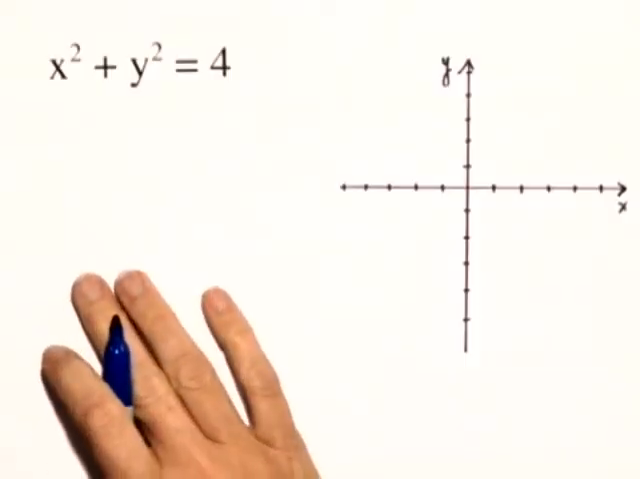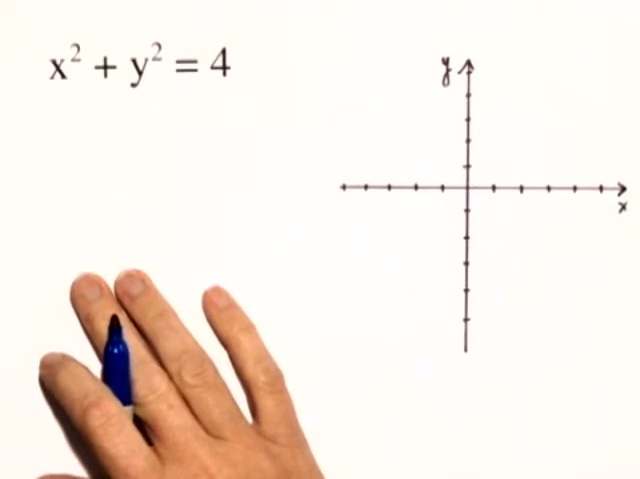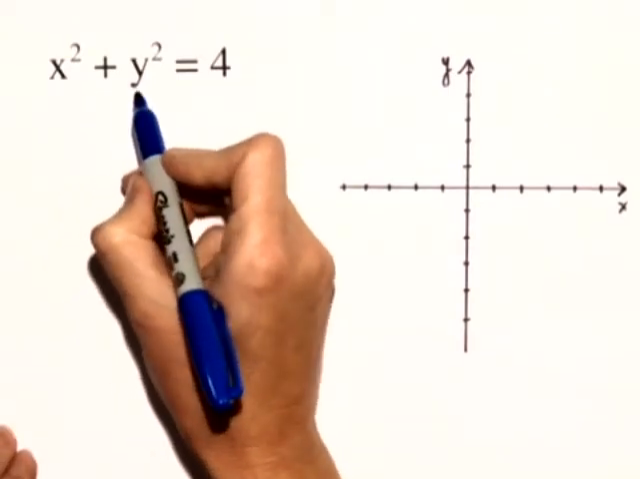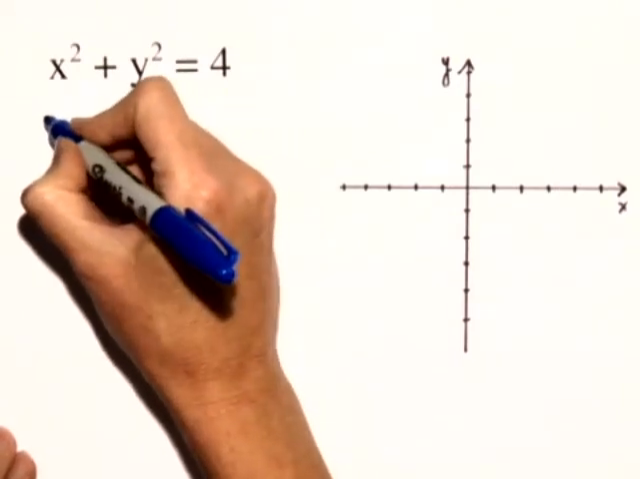We'll graph our next equation in the rectangular coordinate system, and then we'll state the domain and the range. We're given the equation x squared plus y squared is equal to 4. Now in this case, we can see that this is in the standard form of a circle, because the standard